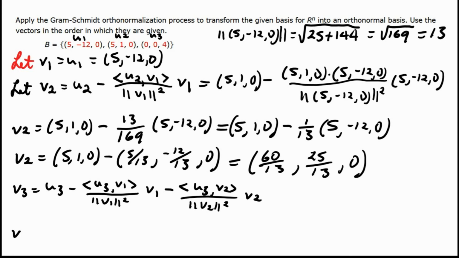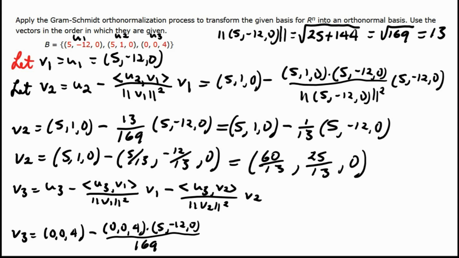So u sub 3 is (0, 0, 4), minus the dot product of (0, 0, 4) with v sub 1, which is (5, -12, 0), all over the norm of v sub 1 squared, and we got that to be 169, times v sub 1, (5, -12, 0), and then minus